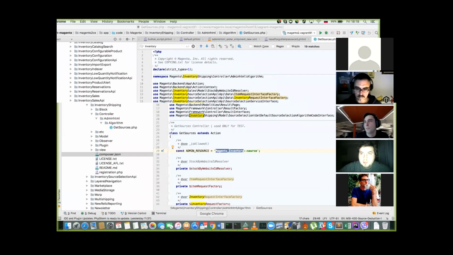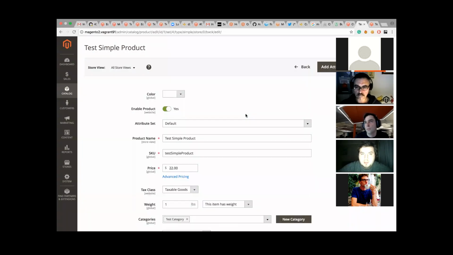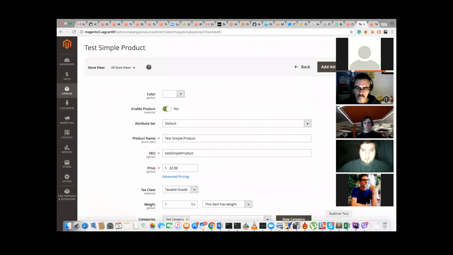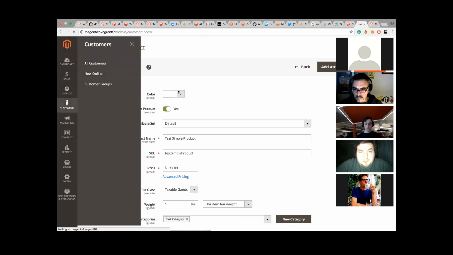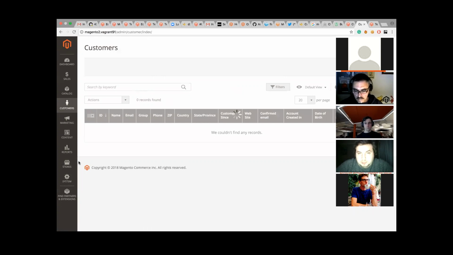We already showed a part of that scenario last week. We just made deduction based on the result of the default source selection algorithm, and the next step was to introduce a possibility for the merchant to modify the result of the source selection algorithm and introduce some changes to this result. So let's go to customers. First of all, I need to show you the